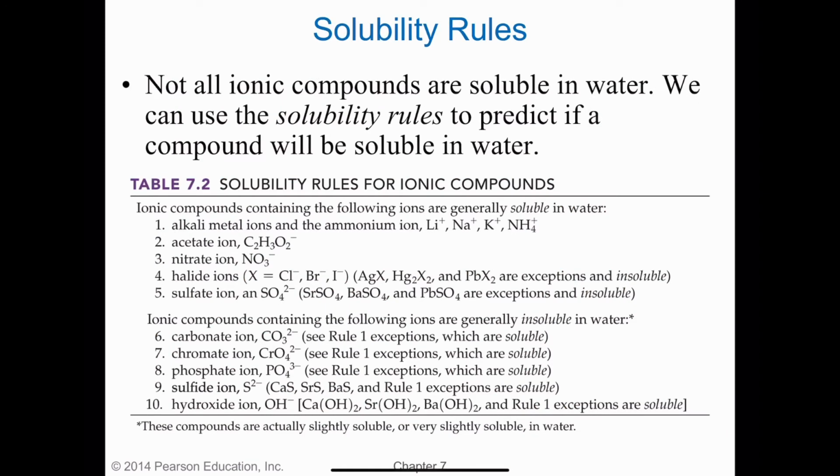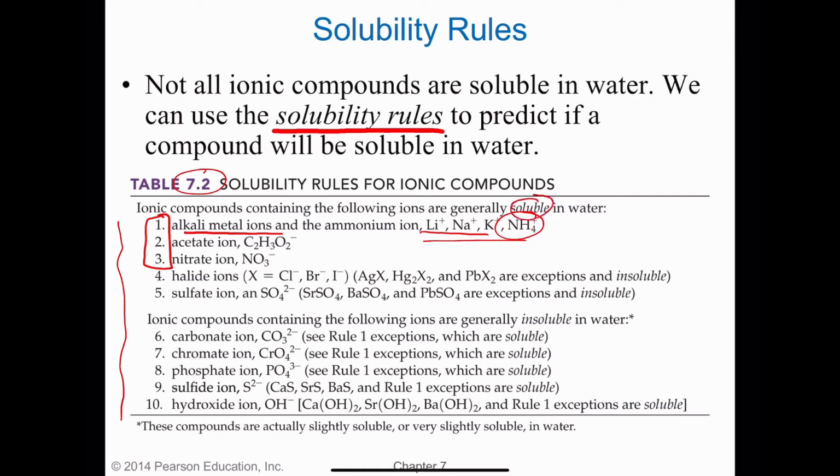So the next type of reaction is double displacement, but before we talk about that, we're going to talk about the solubility rules. You could Google solubility rules and you might find a few more than what's on this list. But this is table 7.2, and I'm going to say that the most important ones that you should learn are these first 3. So essentially alkali metal ions, so the first column of the periodic table, and then the ammonium ion. Anytime you see these in an ionic compound, that means that the compound will dissolve in water,